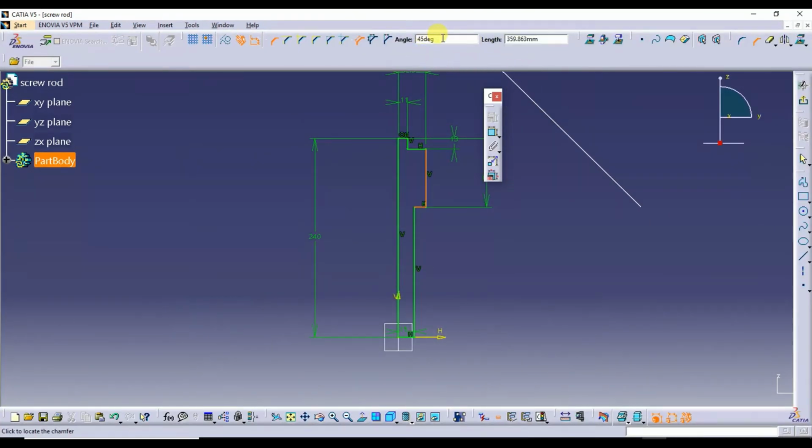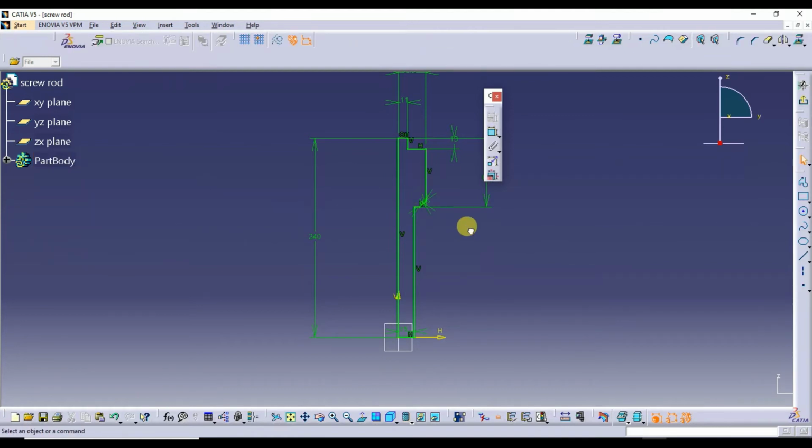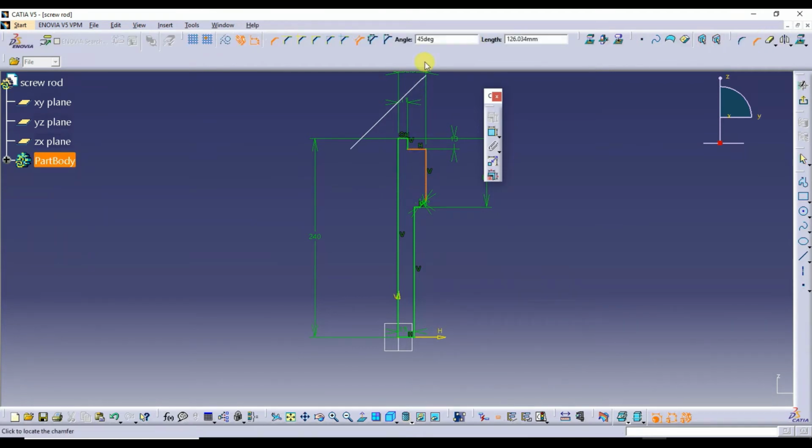So I want a chamfer of 45 degree at what length? Enter the length is 10 mm. Next, similarly, I want a chamfer at this side also. You select both the lines. Chamfer angle is 45 degree. Next one is 10 mm.